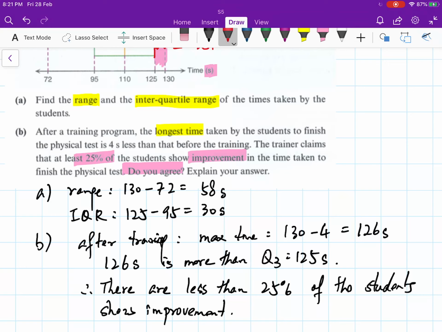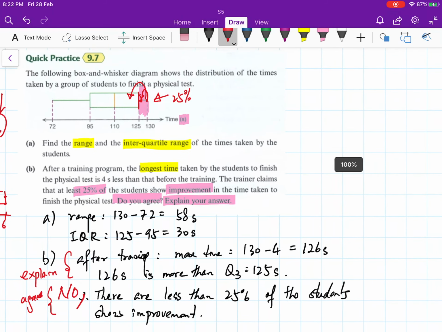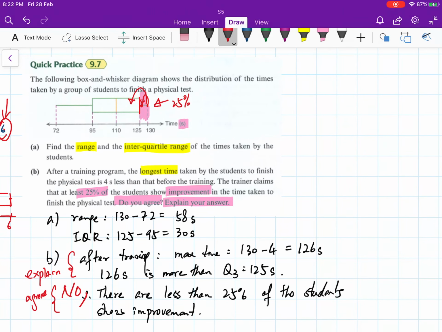But don't forget that they're asking you, do you agree? So you need to say yes or no first. Do you agree? No. There are less than 25% of the students showing improvement. Where do you explain the answer? This part already shows the explanation. Here shows whether you agree or not. Remember that you need to answer both of them. This is a very typical question in DSE. So tomorrow